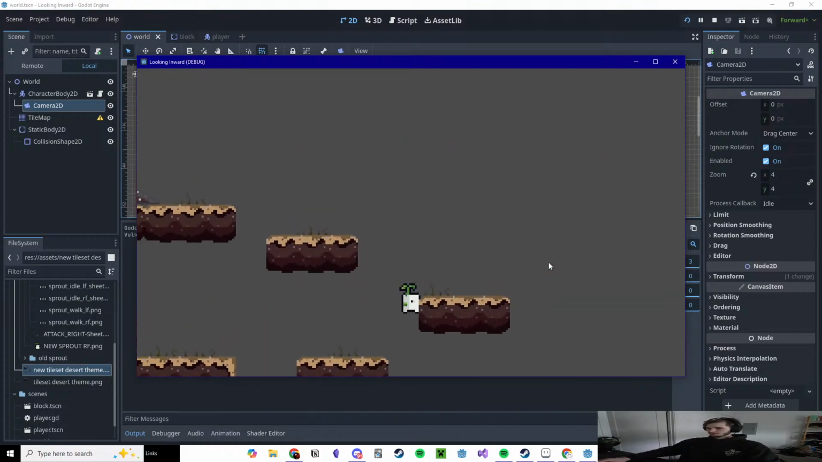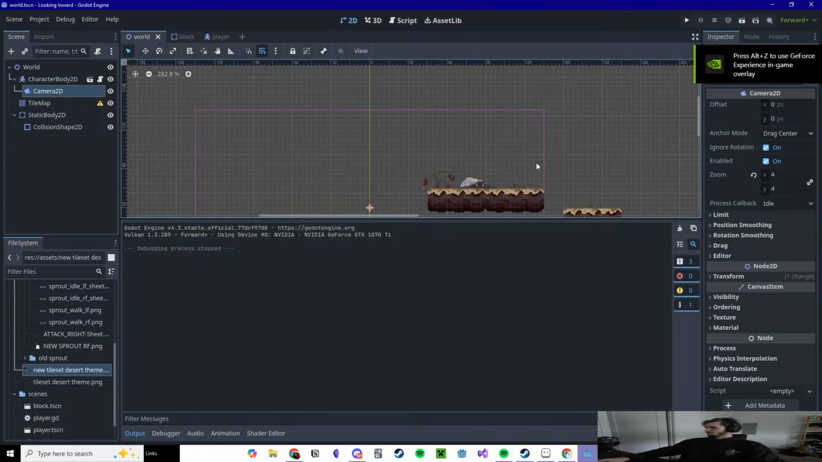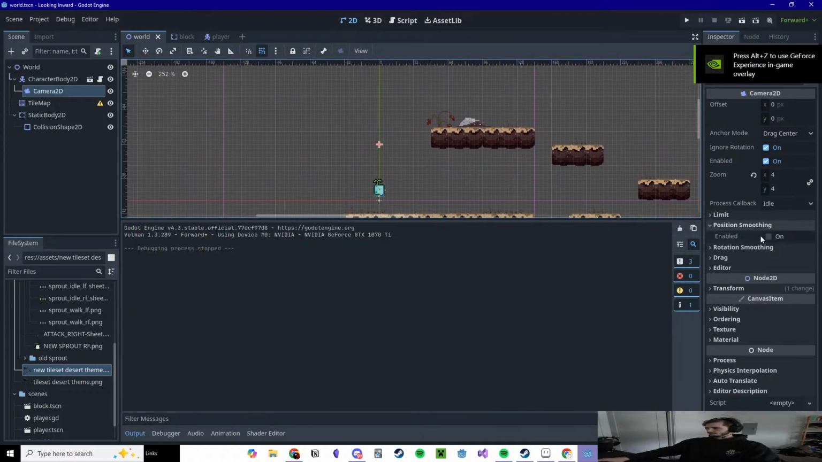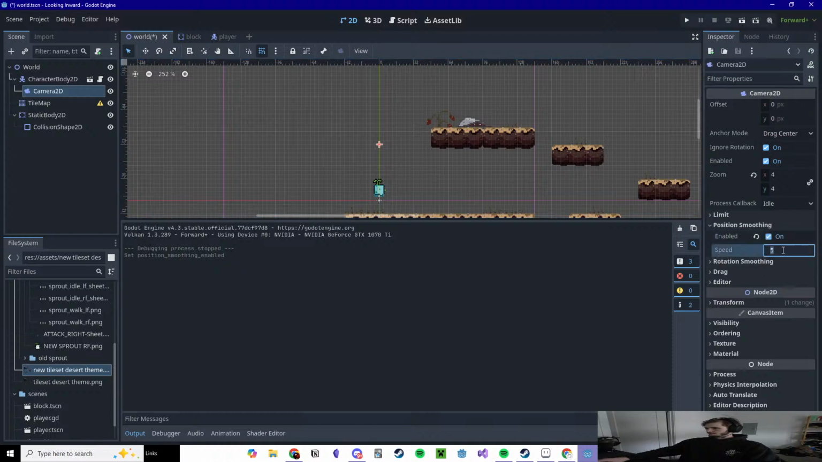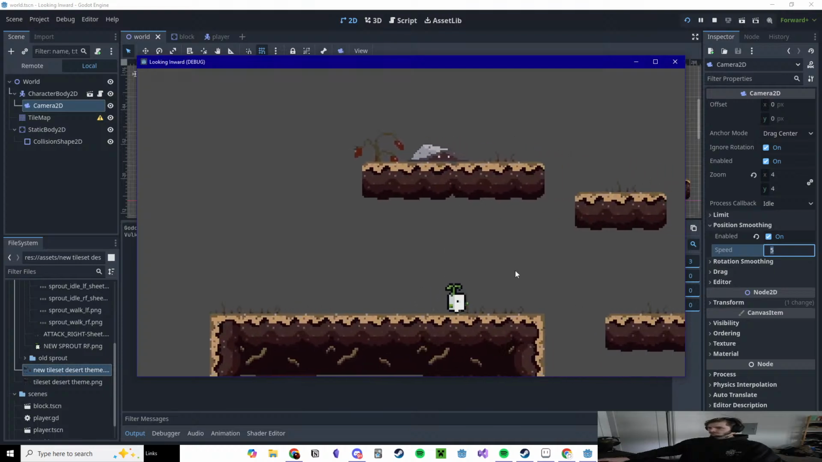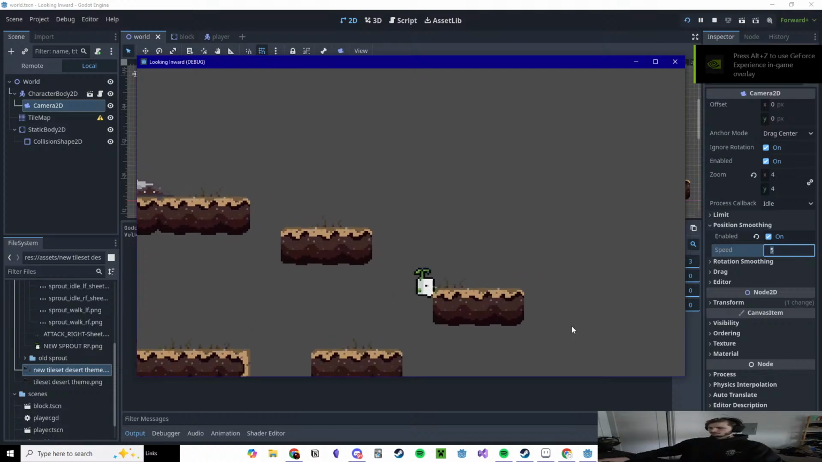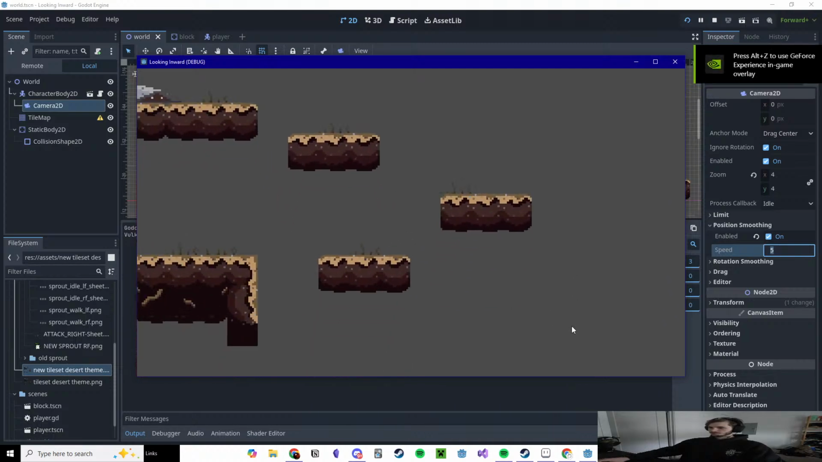And we can even turn on position smoothing to really smooth out our camera follow. So I'm going to enable position smoothing on the camera with a default speed of 5 pixels. And now when we play, as you can see, our camera smoothly follows our player. Awesome. So now we have a first draft of our game world, but so far everything is stuck to the